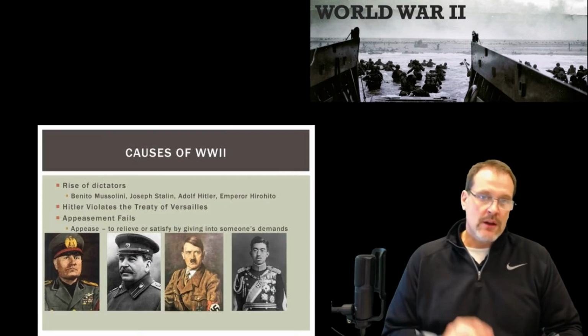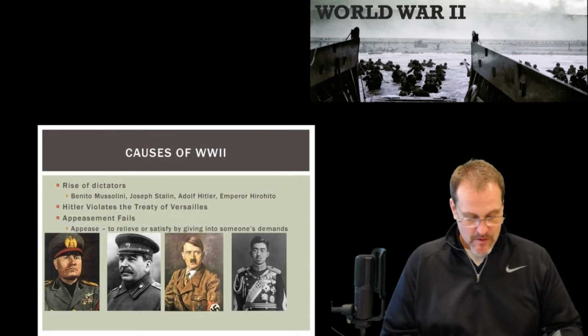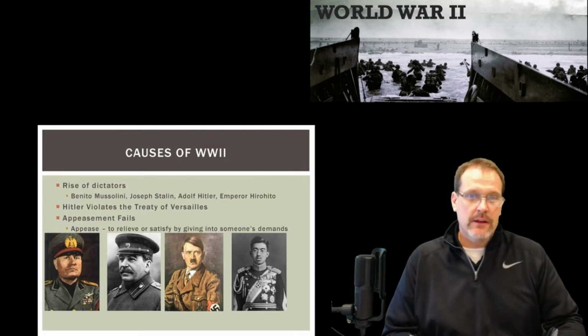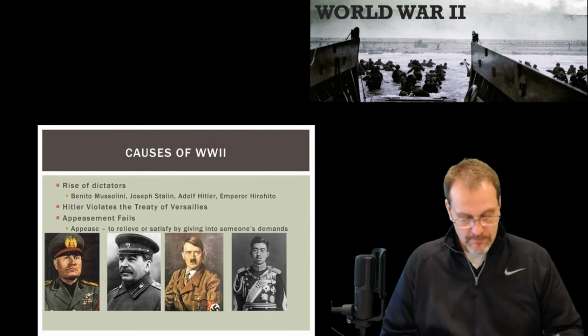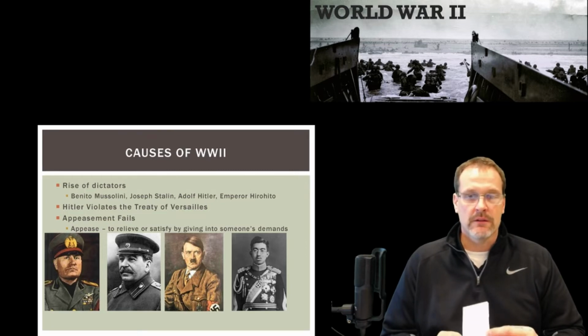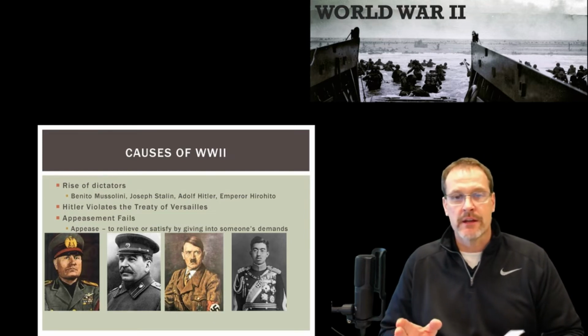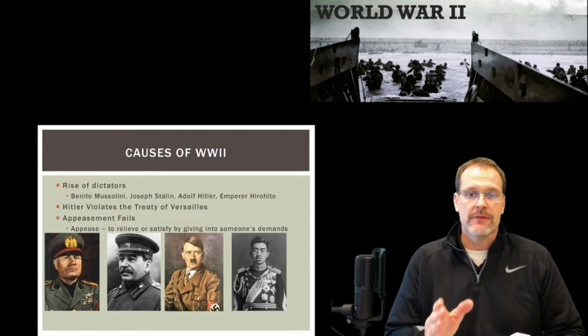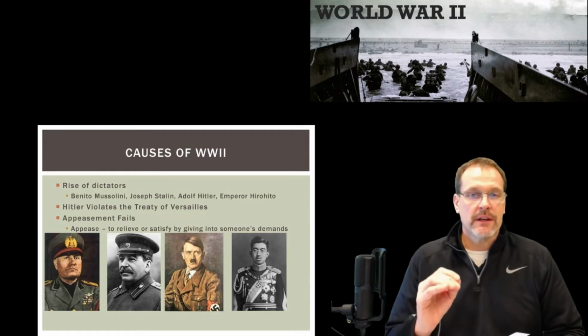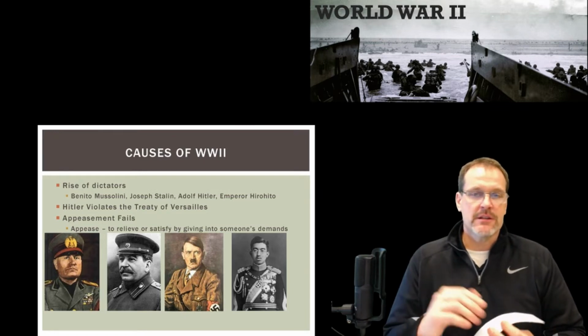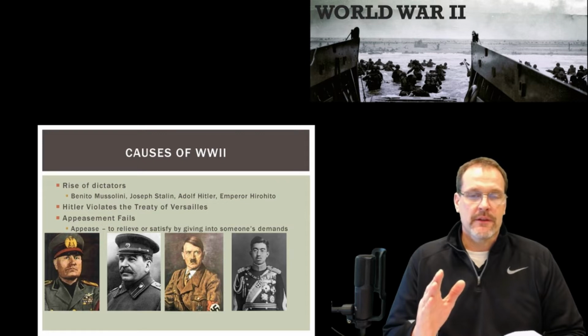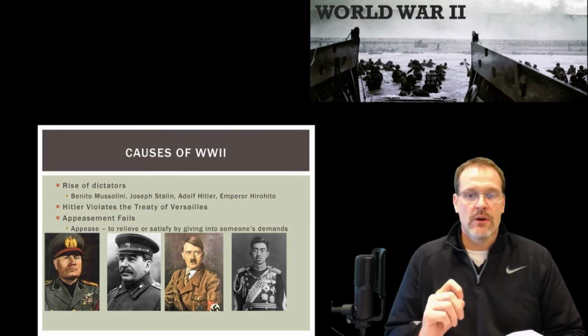Now, there were two battles in Europe that created what we consider to be turning points of the war. Probably the most important battle in the eastern part of the war was inside the Soviet Union, when Hitler turns on his one-time ally for just a very short period of time. Russia and Hitler form a pact or an alliance to keep out of each other's way. And when Hitler finishes off France later in the war, he would turn his attention on Russia.